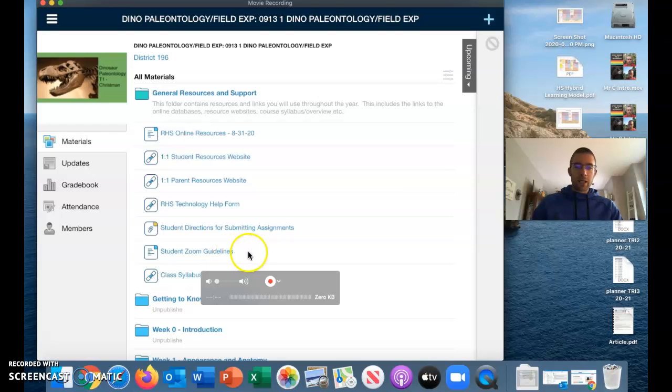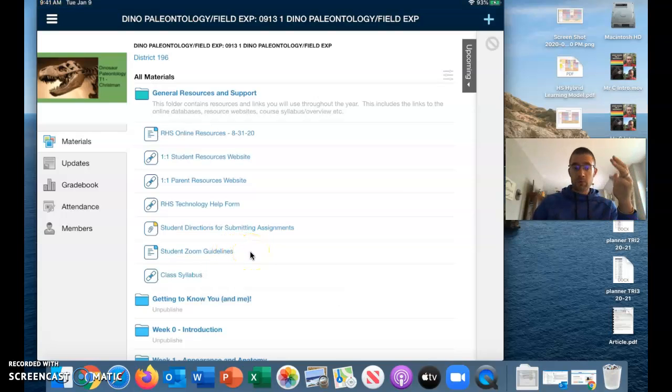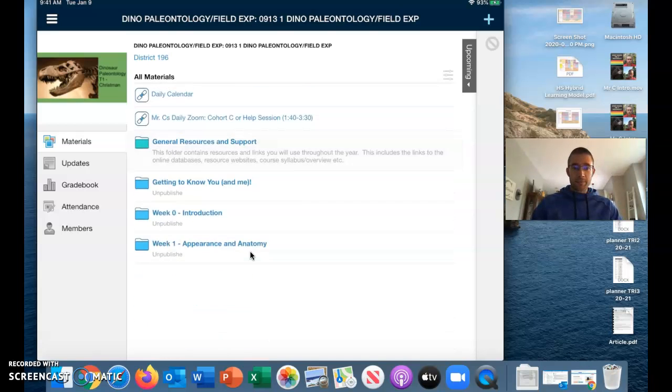I've got some Zoom guidelines. They're from the district, just things to kind of keep in mind if you're a student in a Zoom. Just respect stuff. And then underneath that, the last link is the class syllabus. So you can look at that and kind of see what we're up to and stuff like that. Okay? So that folder will be there up at the top all the time. And those were the big three things that I wanted to talk through before we jump into what we're doing